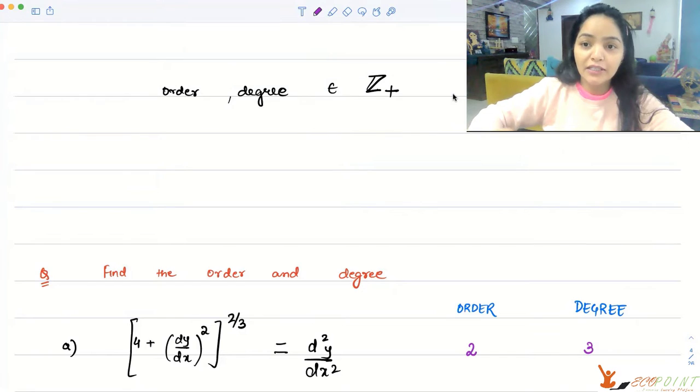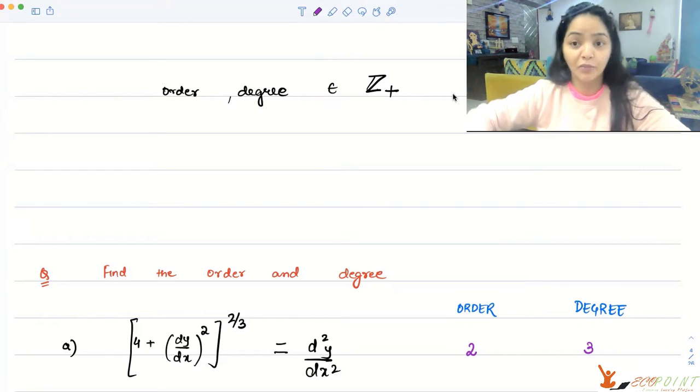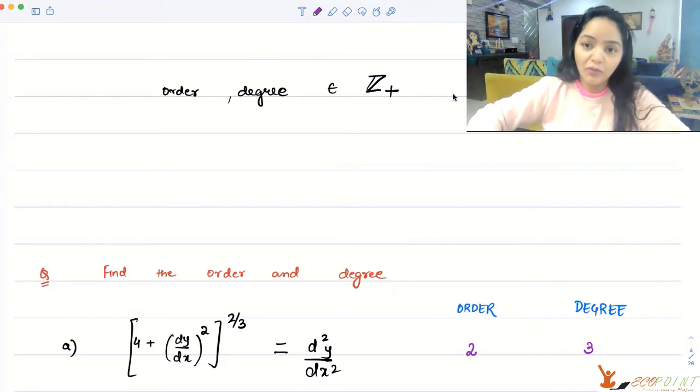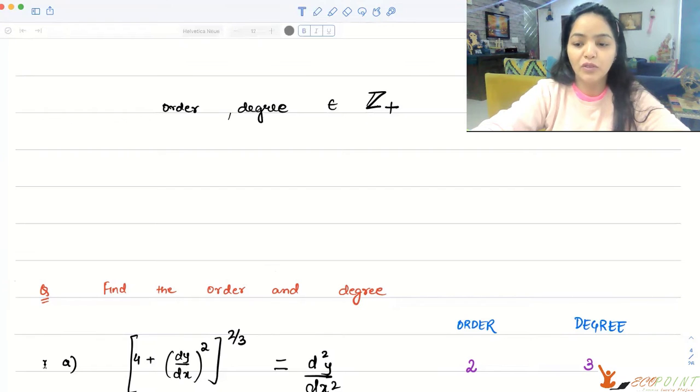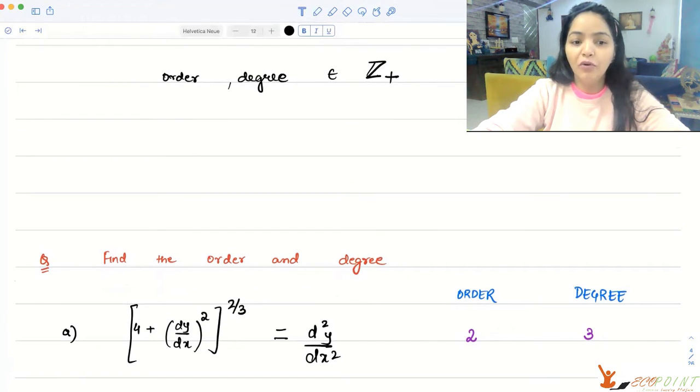And what is degree? Degree is just like the concept of degree of a polynomial. So if your differential equation is like a polynomial, the power of the highest order derivative that is included in your differential equation, that's what is degree. So if I give you a question wherein you have a differential equation which looks like this: 4 plus dy